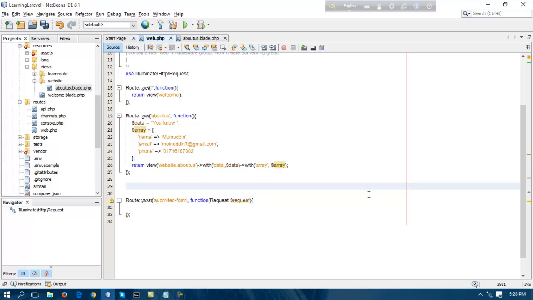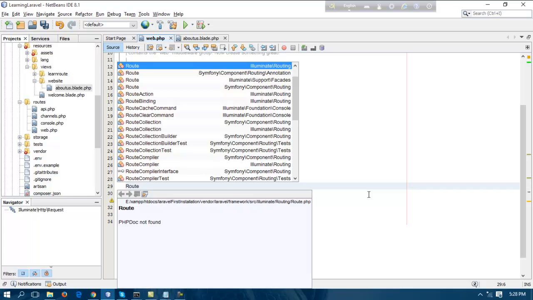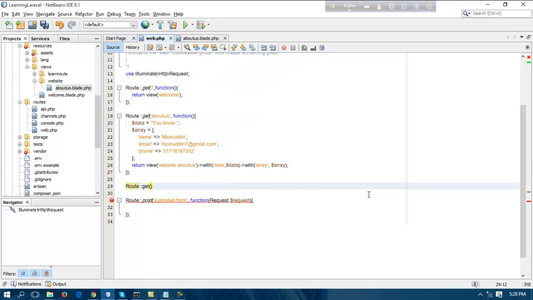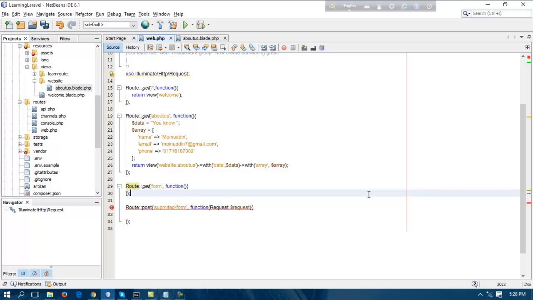Before this post route, we have to create another get route, whose name is form. Our form route will render our form in the browser, which is also located inside our website folder. My template name is form,